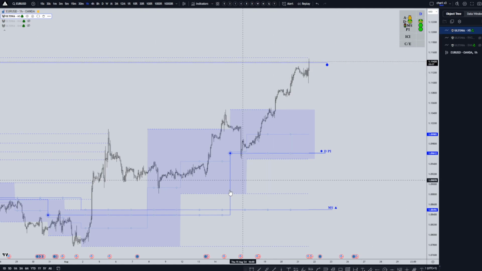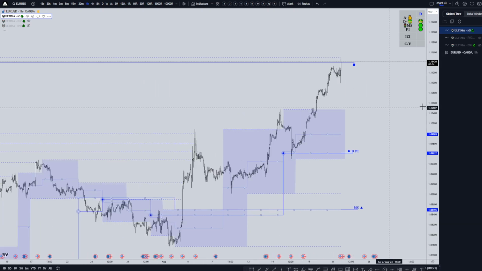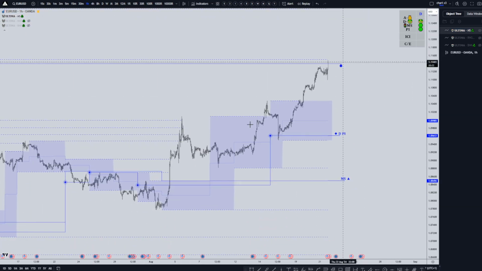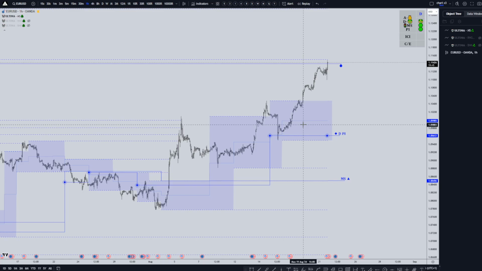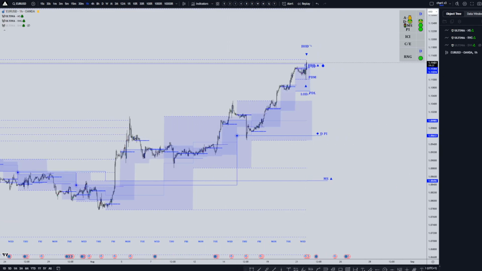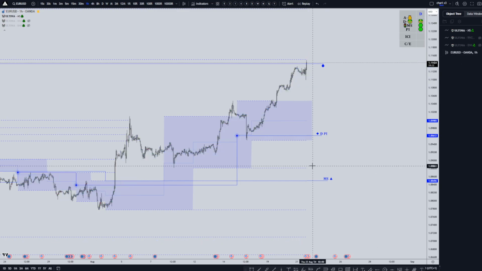Basically, using these together, you can purely use the market structure tool, or you can purely trade just the ranges, or just the market structure, or if you want you can mix them together. I really find, for me specifically, if you're using just ranges or just market structure,